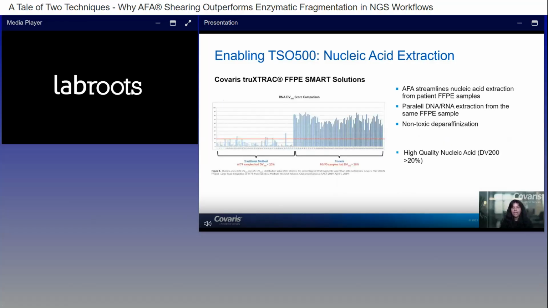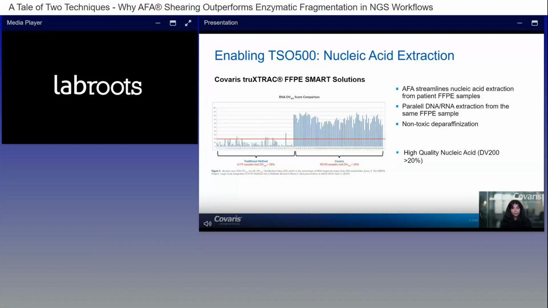Now, by incorporating AFA into these workflows, we can not only streamline these extractions, but actually produce better results. So one of the very important metrics for RNA extraction is known as the DV200. And this is a measure of the proportion of extracted RNA that is 200 base pairs or longer. For TSO 500, the DV200 requirements are 20% or more. And while that may not sound like a lot, it can actually be quite a difficult metric to reach using